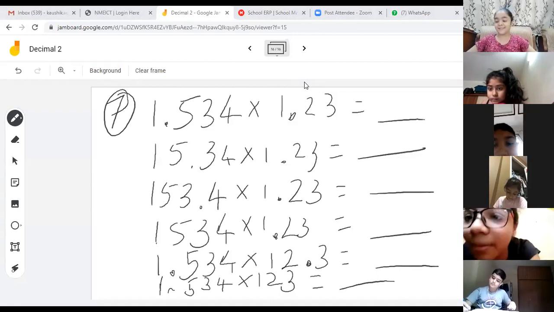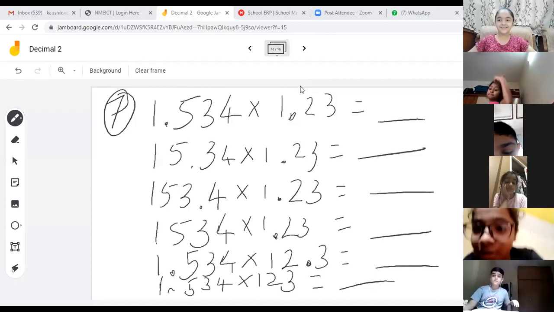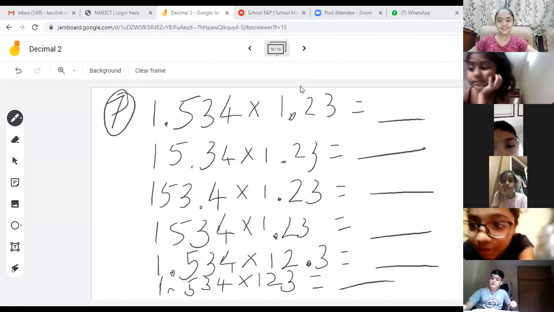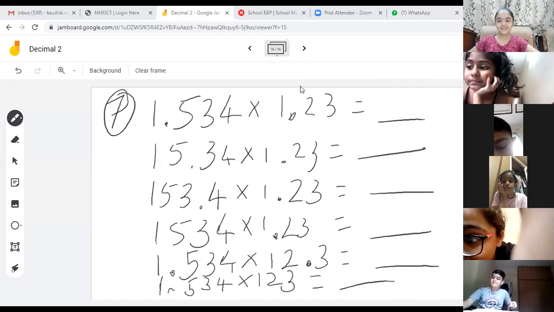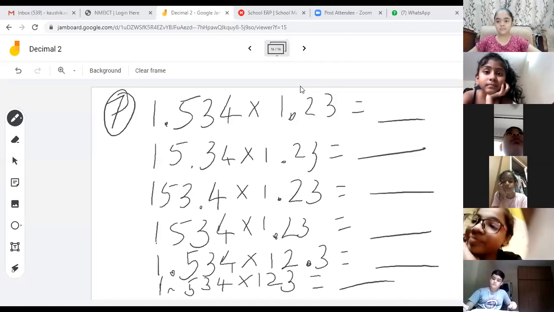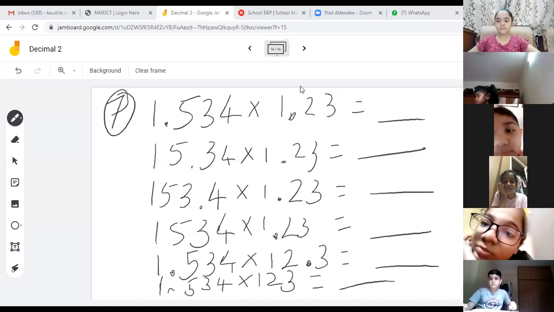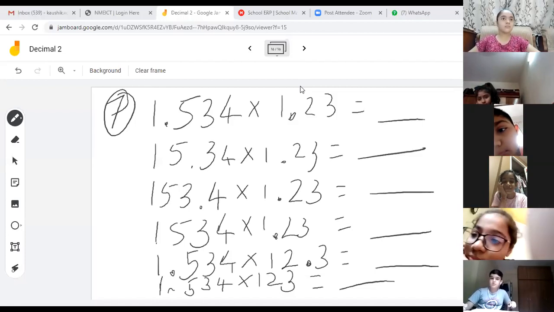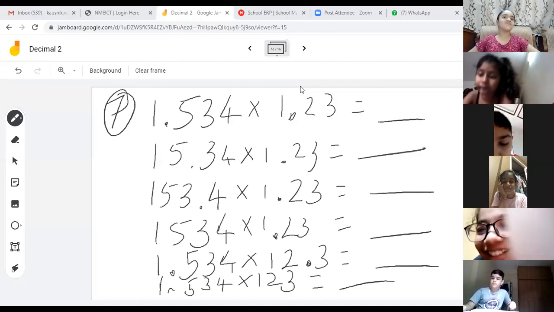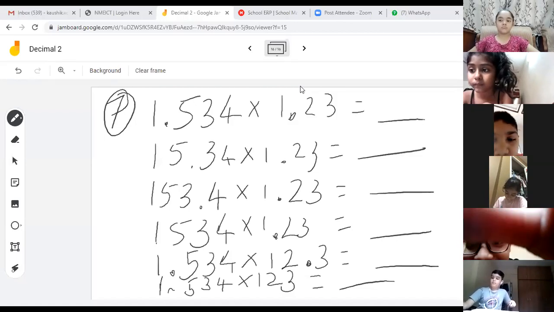And we will see this on Saturday. Okay, the answers are very easy. Only one time you will see this and then it becomes very easy. Let me give you a hint. The numbers are not changing in question number 7, right? The numbers are not changing. So the multiplication answer will not change. Only the position of the decimal point will change. That is the hint for you.